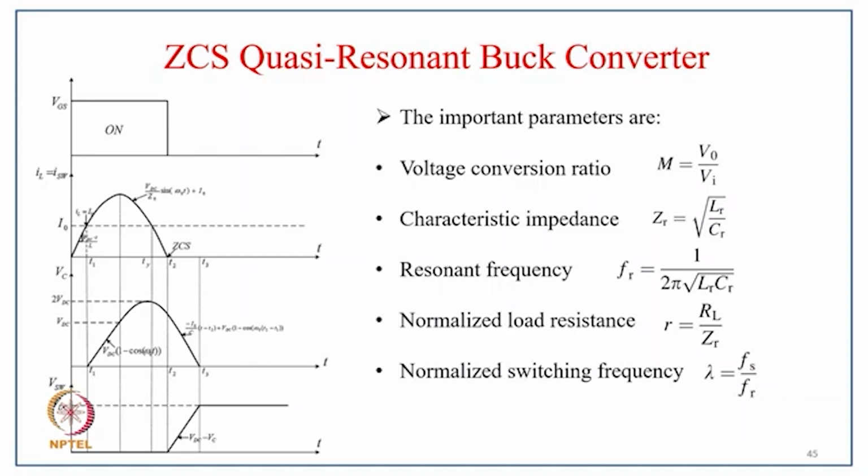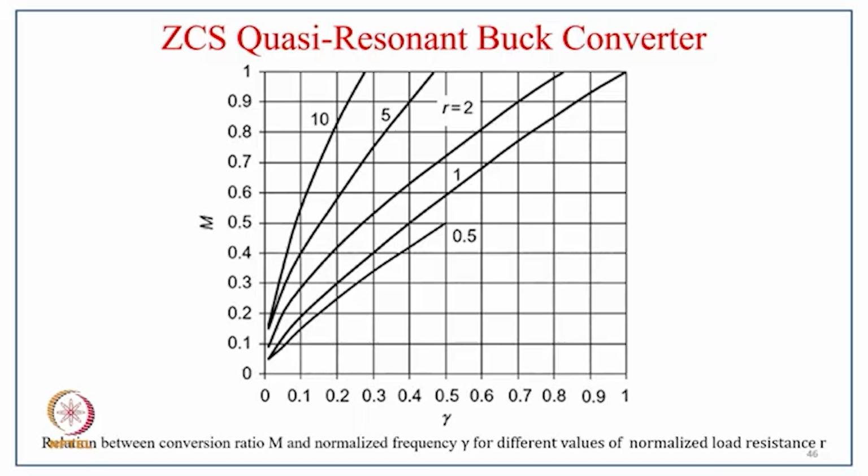And here the important parameters for this quasi-resonant converter are the voltage conversion ratio M equal to V0 upon Vi, the characteristic impedance ZR equal to square root of LR upon CR, the resonant frequency FR equal to 1 upon 2π square root of LR CR, the normalized load resistance R equal to RL upon ZR, and the normalized switching frequency lambda equal to Fs upon Fr. And these are typically the characteristics between the conversion ratio M and normalized frequency gamma for